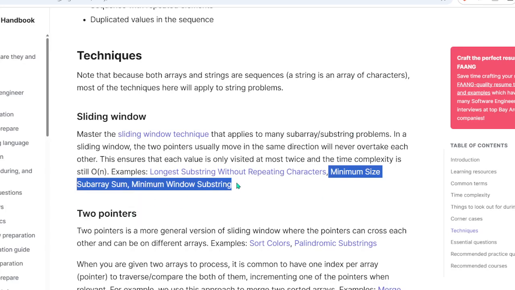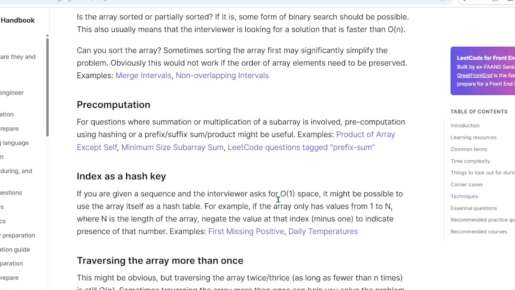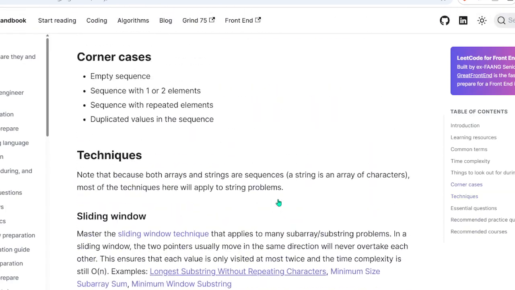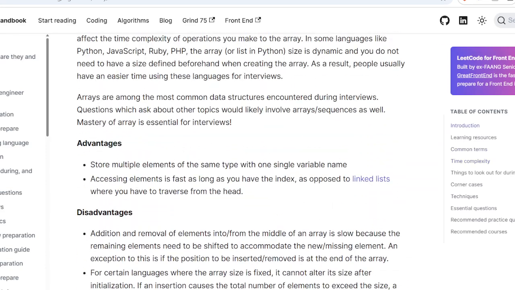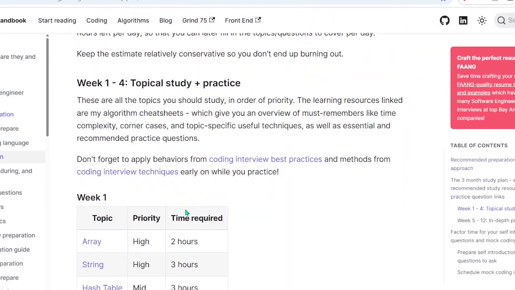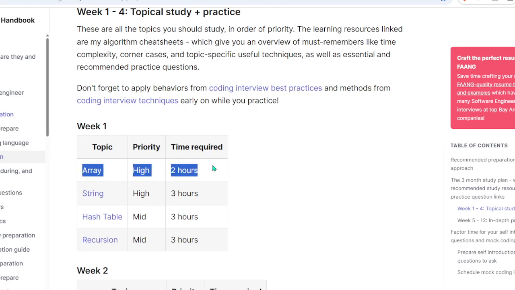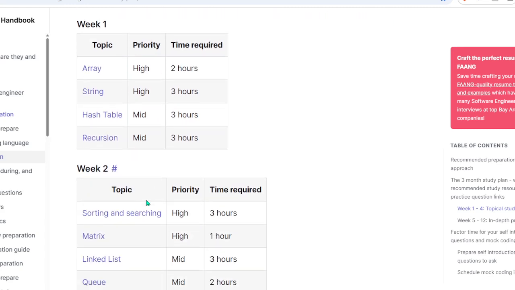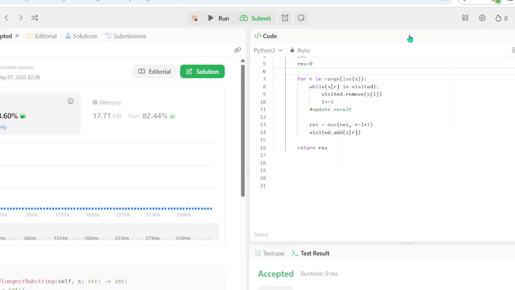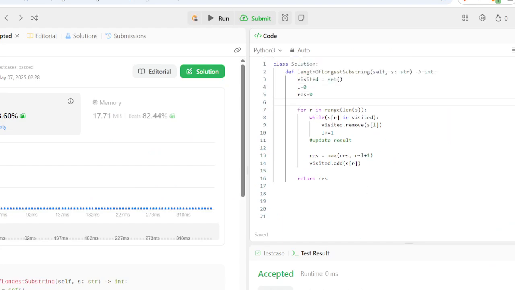I think we will try and tackle these tomorrow. I don't think I can finish all of this in 2 days, to be honest. Considering how rusty I am, I don't. I honestly have no idea how they allocate like 2 hours for just all of arrays. That doesn't make sense to me. But that's pretty much it. It's kind of unfortunate I wasn't able to solve it, but you have to start somewhere, I guess. So it's not like the end of the world.